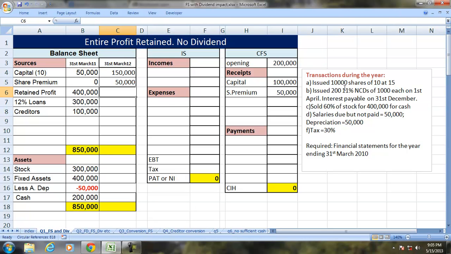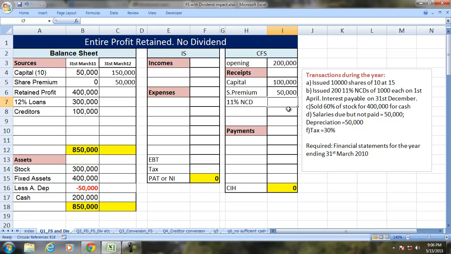Issued 200 11% non-convertible debentures of 1,000 each on 1st April, and interest is payable on 31st December. Let us first recognize the transaction. So 11%